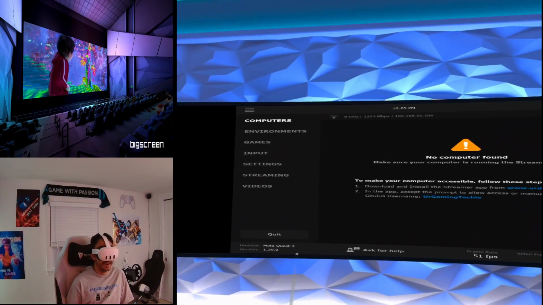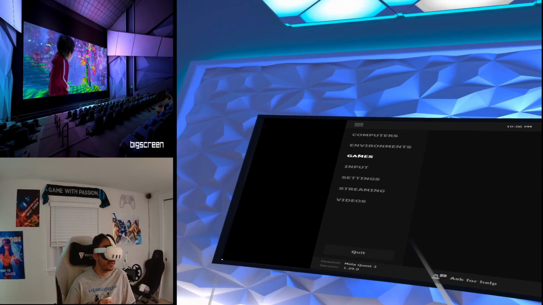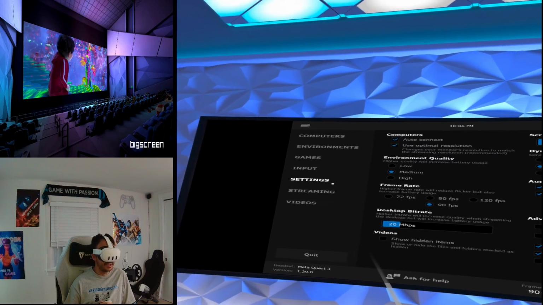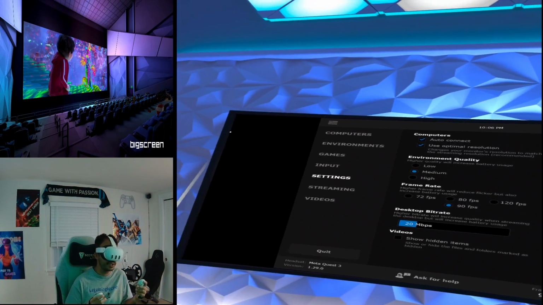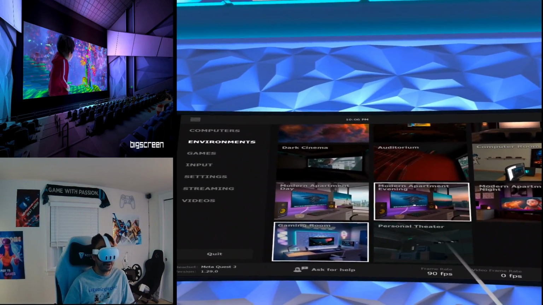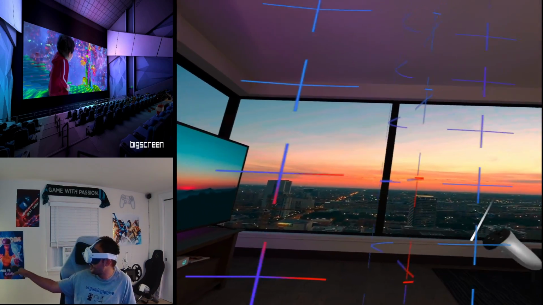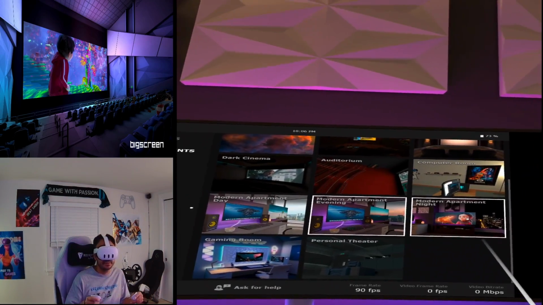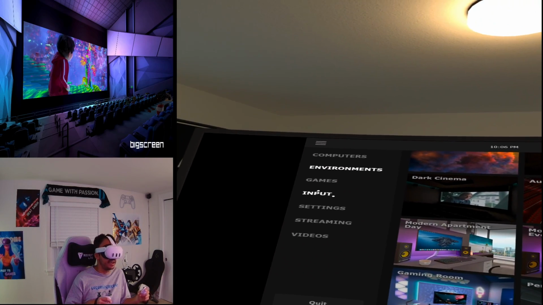And then, of course, we can't forget about Virtual Desktop here. Virtual Desktop has been a thing that's been around for a while. This is obviously more known for streaming VR games from your PC to your Quest wirelessly, but don't forget, you can also use this to explore all these different environments, like this modern apartment that you're in. And that could be right here on my PC. Look at that environment that we have going on right there. You could be in a computer room and kind of be sitting in there.